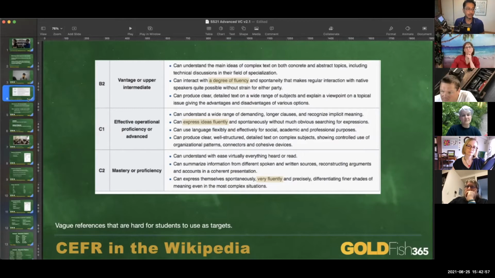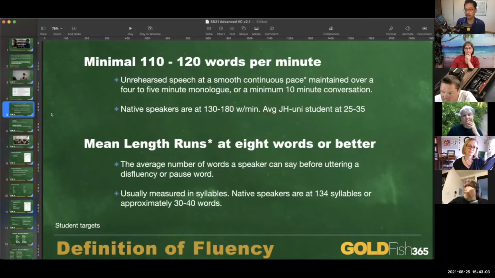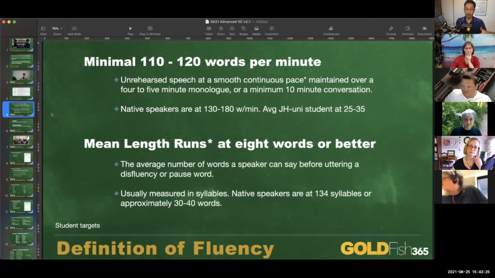What does help our students is when we can give them mechanical targets. If these kids tell us, Mr. Cruz, I really want to be fluent in English, but tell me what I have to do. Well, of course, you can give them a litany of things to do at home: do this, study that, watch this movie, read these subtitles, etc. But then how do they know if they're fluent? Now, these numbers that I'm throwing at you are very much unscientific. They come from my own personal experience and my own ability to judge what creates fluency.